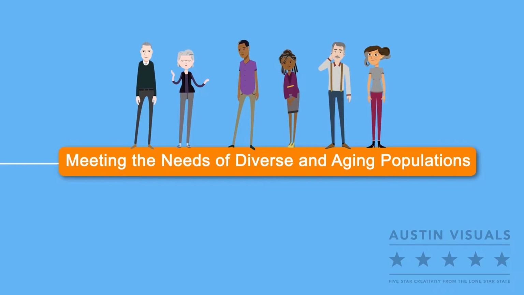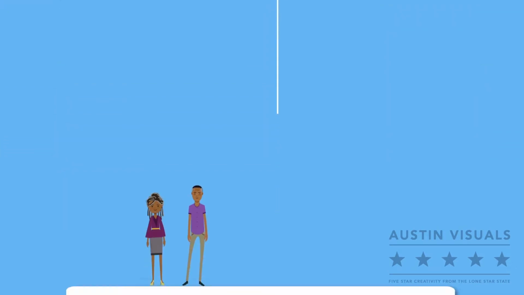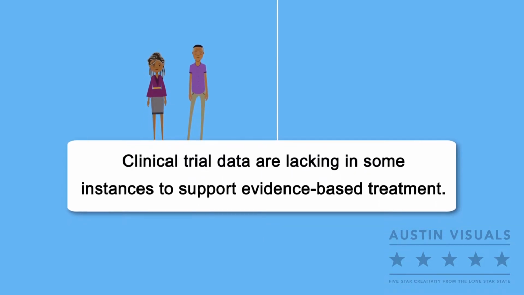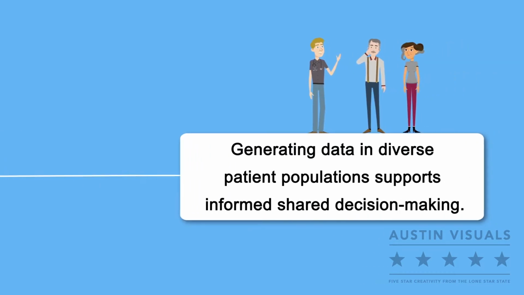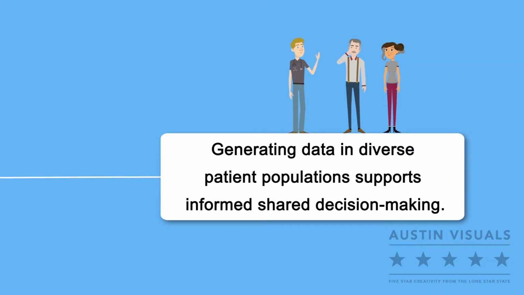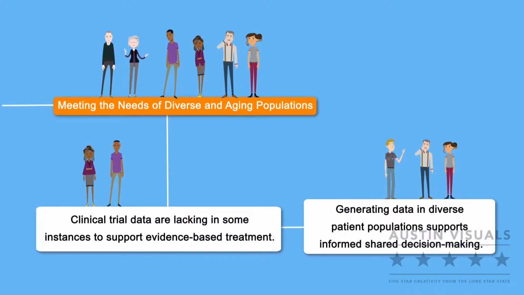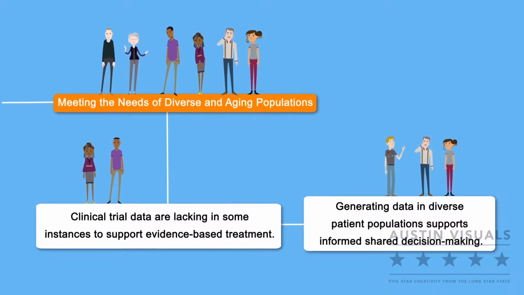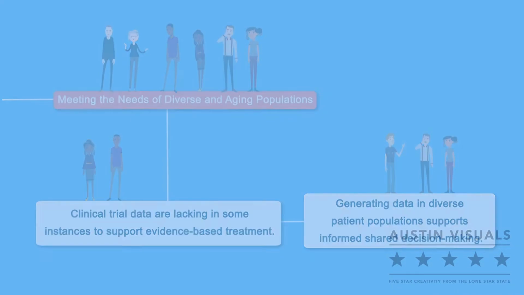Insufficient clinical trial data in older people also limit the evidence base. Until recently, older adults were generally not well represented in clinical trials. As a result, the evidence base for guiding treatment in this population is less robust than for younger adults. Efforts are underway to ensure that more diverse patient populations are included in clinical trials. Therefore, enrolling older adults in clinical trials is important for supporting these efforts.